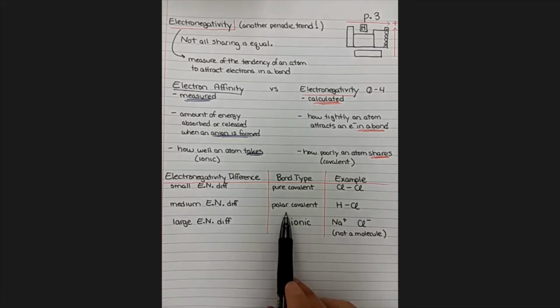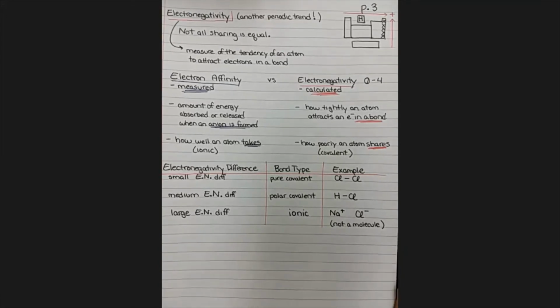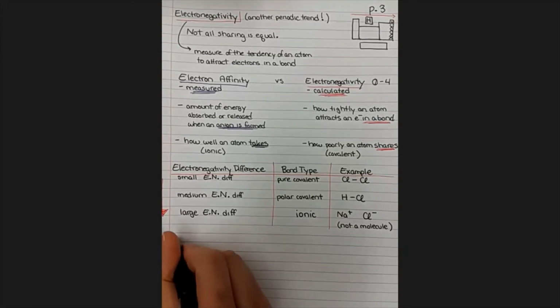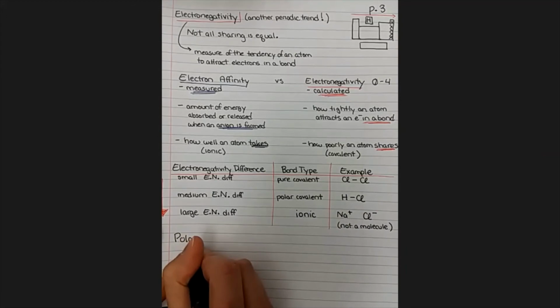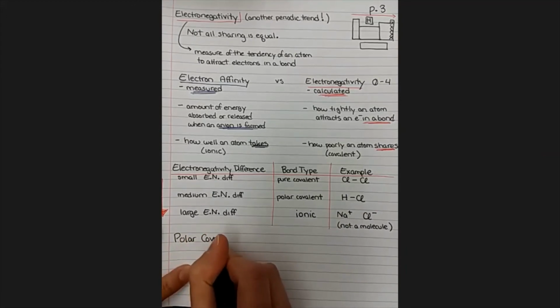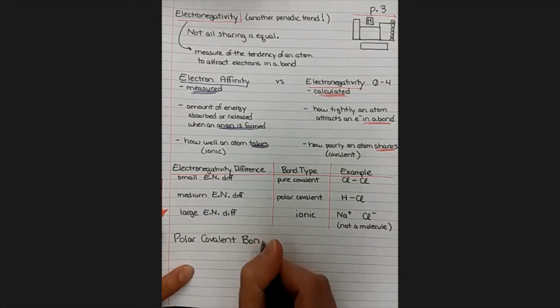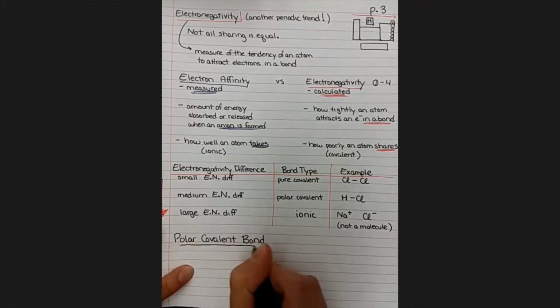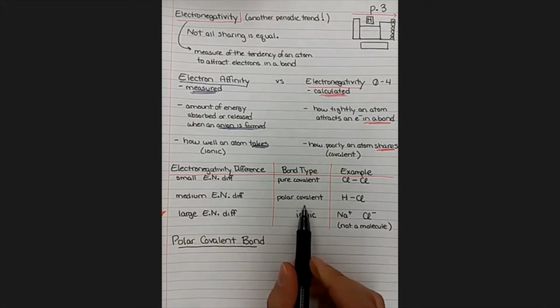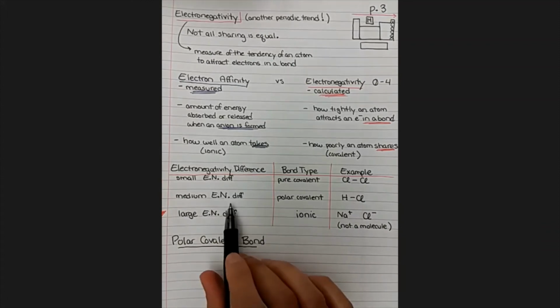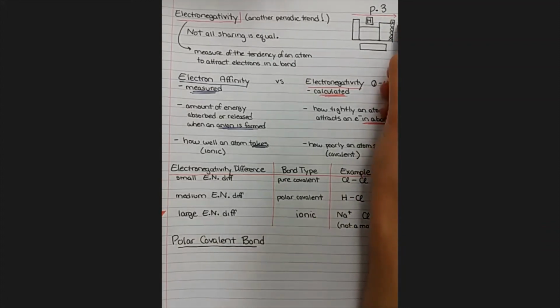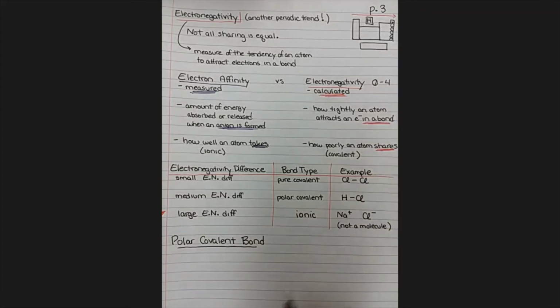Okay, so I just threw this new term on you, so let's take a second and look into that new term, this special polar covalent bond, and how that's different from a pure covalent bond. So we said that a polar covalent bond represents a situation where the electronegativity difference is medium. You have something on the right side of the table and something that's more in the middle of the table